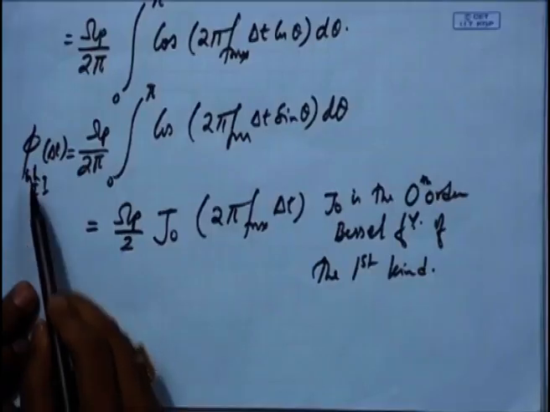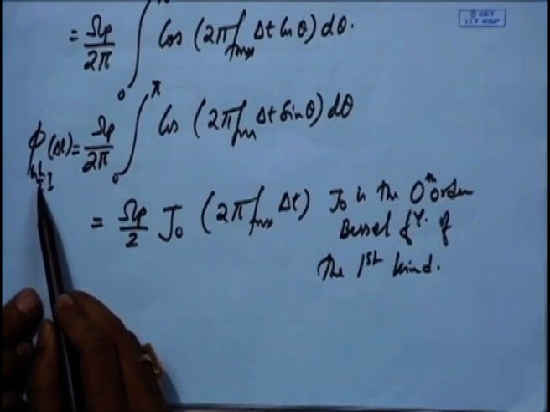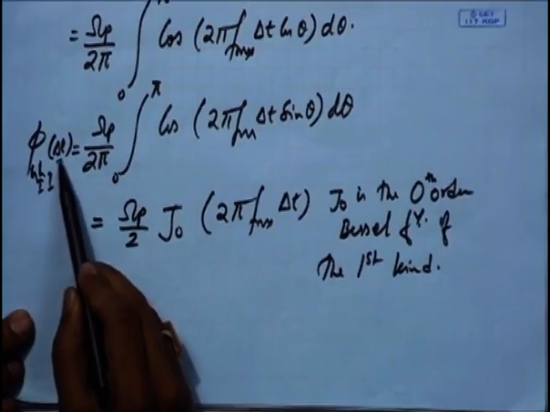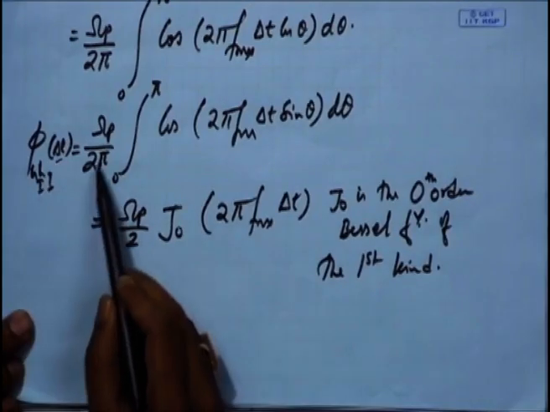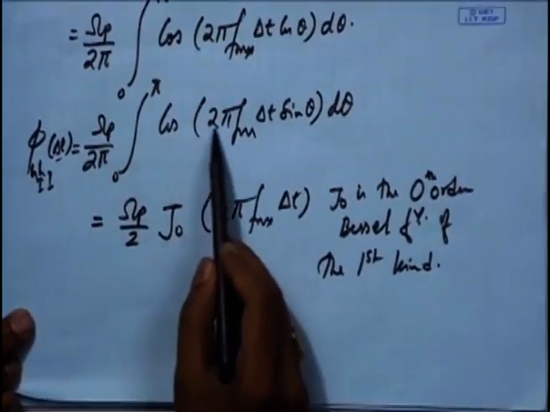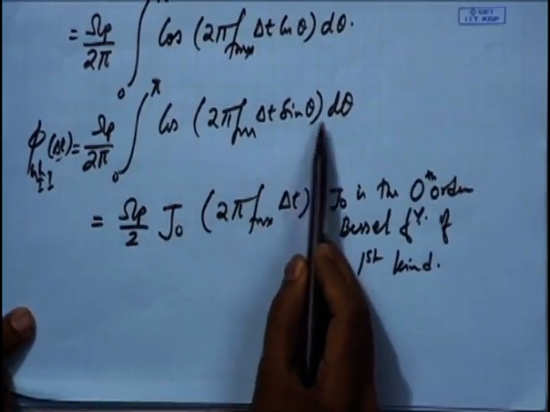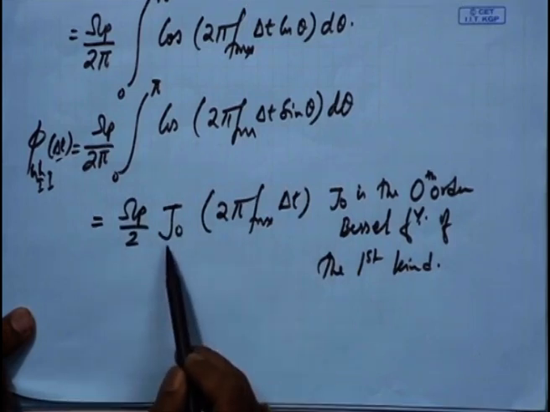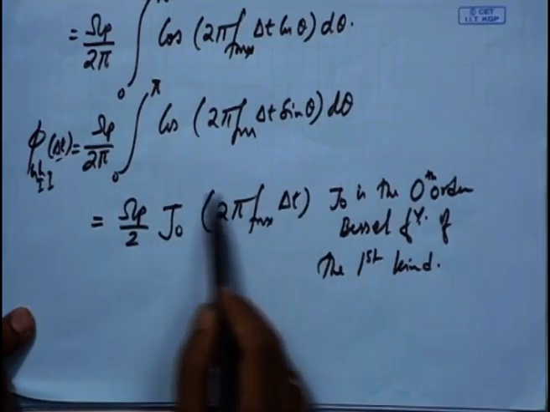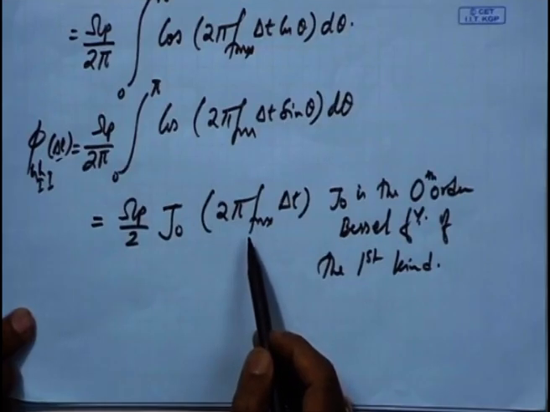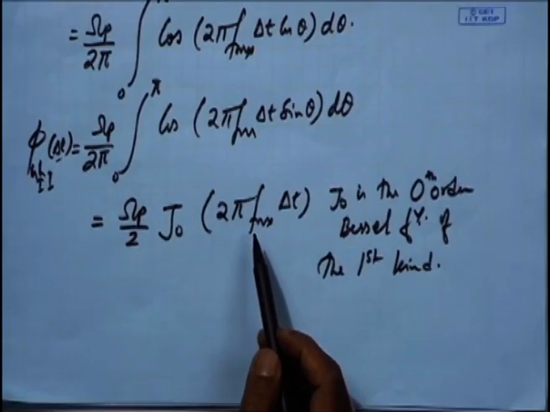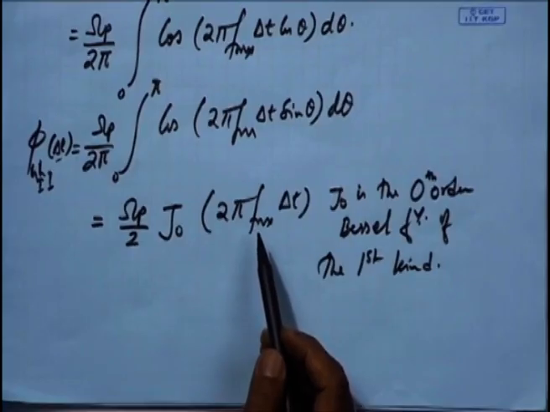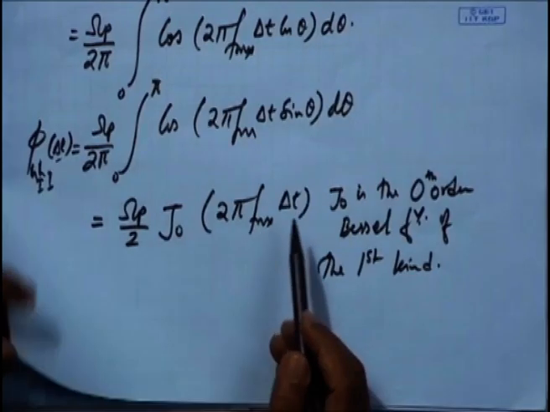So what we have last derived is the autocorrelation of h_I, which with a lag of delta t is omega p by 2 pi, integral 0 to pi, cos 2 pi f_m delta t sin theta d theta, and this turns out to be the Bessel function of the first kind of 0th order. So this is where we had stopped our last discussion, and to complete the description we also need to write the expression for phi